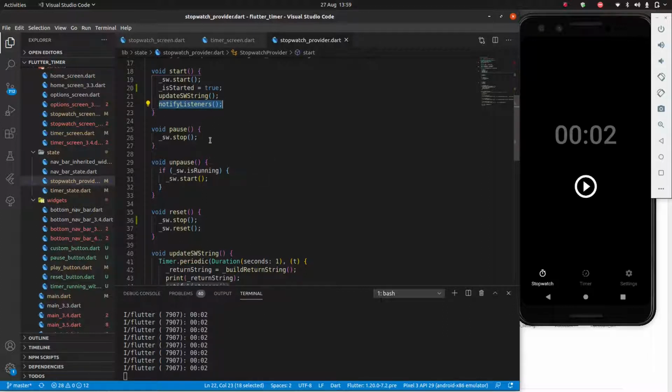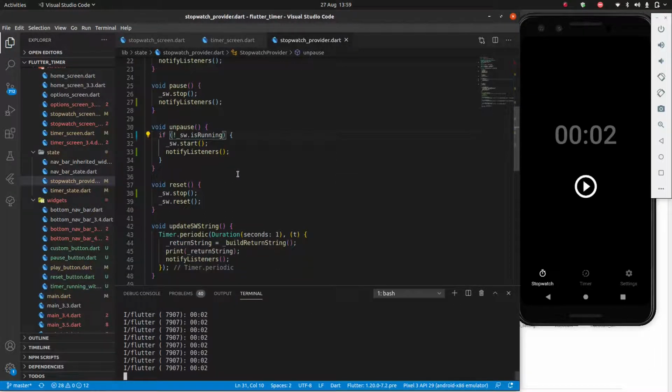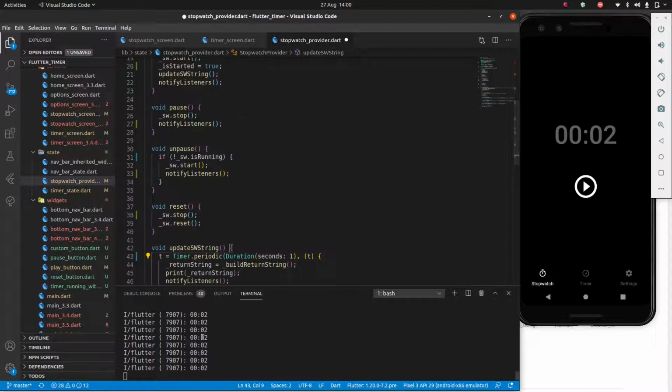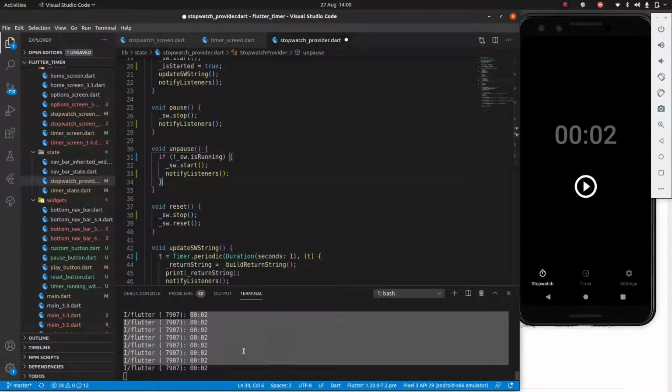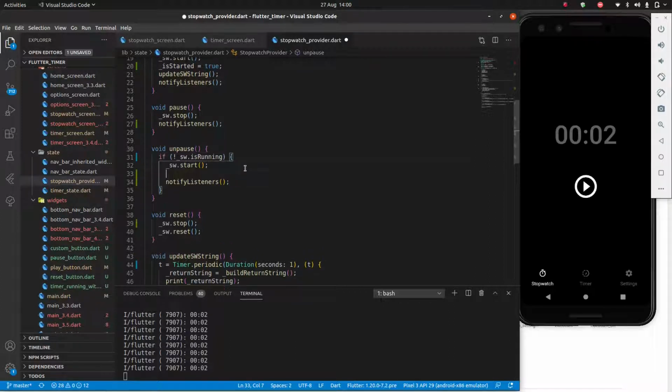So I'm going to copy this and put it here and put it here. And is this correct? If _sw is running, it should be not. And the other thing I want to do, same as last time, is t equals this timer, so that I stop this from going as well. That's why I actually left this, so we could see exactly what's happening. So here I'm going to do t.cancel,